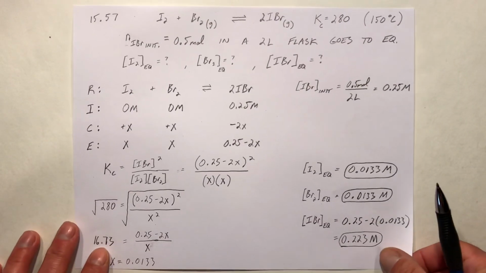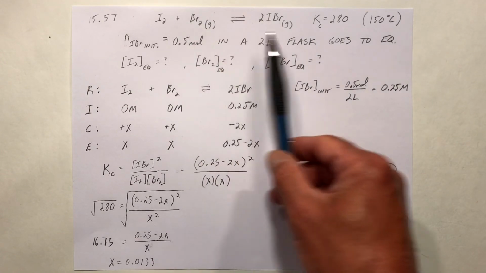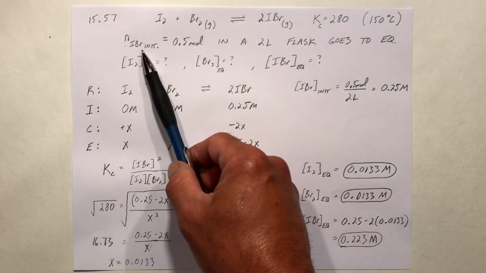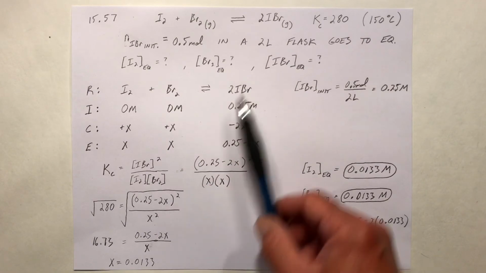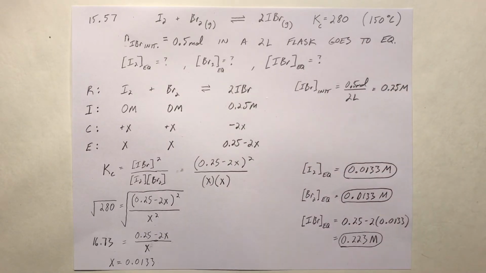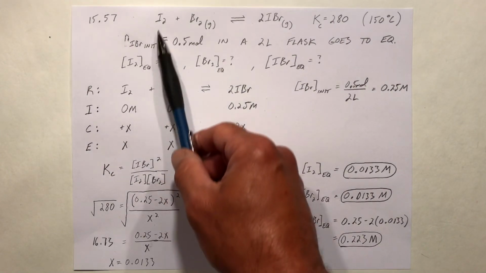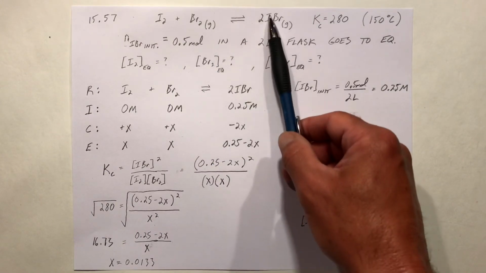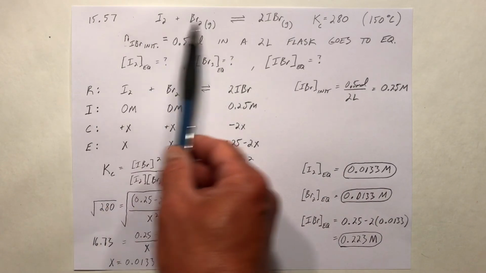Here's problem number 57. In this problem, it says that we have this equation and this equilibrium constant. We know the initial number of moles of this chemical is 0.5, and that we have a 2-liter flask that's allowed to go to equilibrium. What we want to do is calculate the equilibrium concentration of I2, the equilibrium concentration of Br2, and the equilibrium concentration of IBr. So we set up our RICE table,